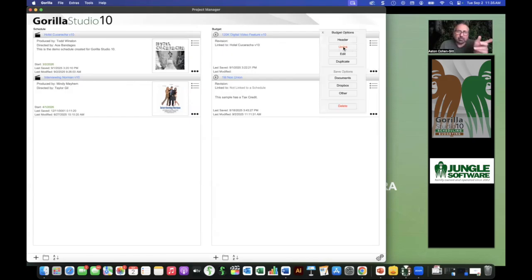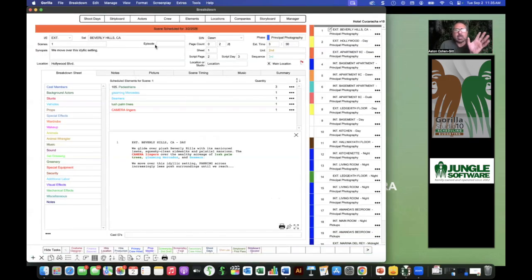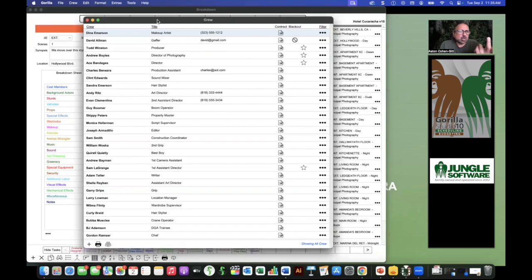Now this is unlink, but I've already linked it, right? So basically what that means is that I can bring some information from the schedule into the budget because I've linked it. So let me just go really quickly into this schedule here on the left, right? And this is the schedule. It's all done for the most part. I've got my strip board. I've got my actors. I've got my crew. So if I click on, for example, crew, you can see that I've got all these crew members here. I've got my DP over here, and